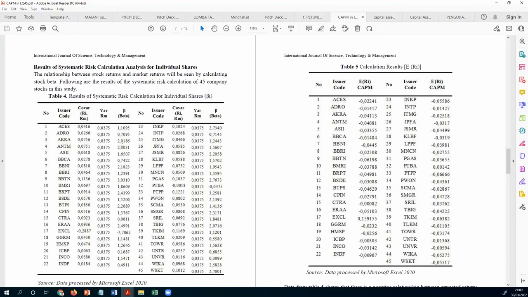So you can calculate the covariance, calculate the variance, and calculate the beta. This is compared to the market. So which one is the highest beta here? Telkomsel's beta is very low. It depends on the period. Oh, Indah Kiat Pulp and Paper gives a 2.73 beta. And then what is the capital asset pricing model return? This is the beta only, but